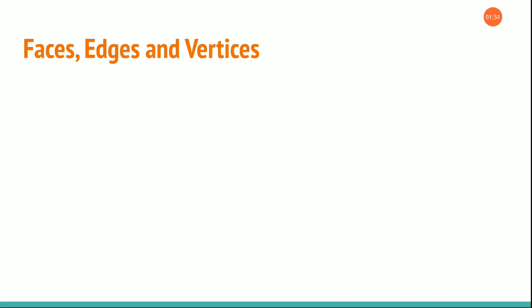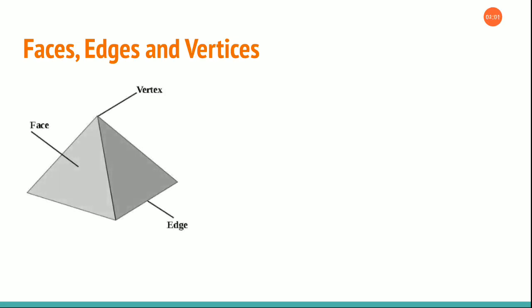Now comes the next concept, faces, edges and vertex. Just now we saw that there was a flat surface, right? In a coin, the top portion is flat. So that one is called as the face. Okay, a face is the flat surface. And then the next word, edge. What do you mean by edge? Edges are when two faces are joining, that thin strip of line is called as edge. Okay, and then vertex. Normally in a triangle, we will say the top portion is the vertex, right? Why do we call it as a vertex? Because all the three sides will be joining at that one particular portion.